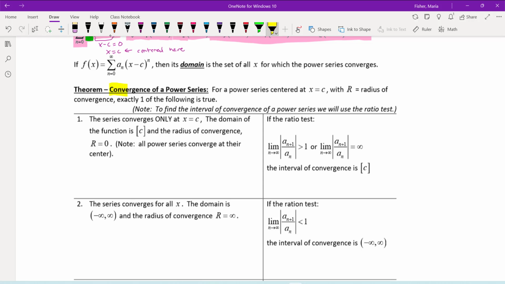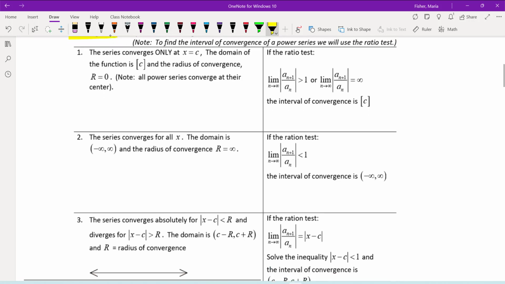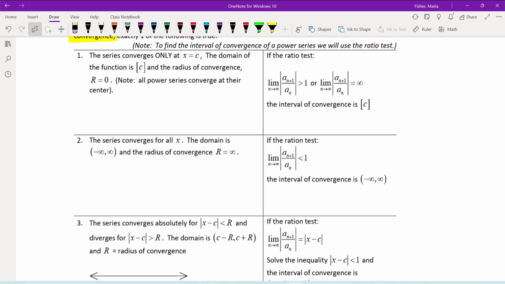So the theorem convergence of a power series says the following: for a power series that's centered at x equals c with a radius of convergence r, exactly one of the following is true. So we're going to look at the three possibilities first, and then we're going to talk about how to determine which possibility we are. So your three possibilities are these. The first one is that your series only converges at its center. The domain of that series is then just going to be c, and its